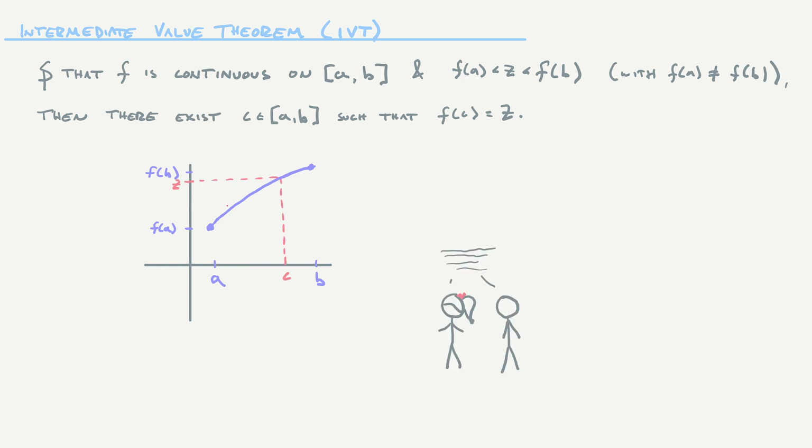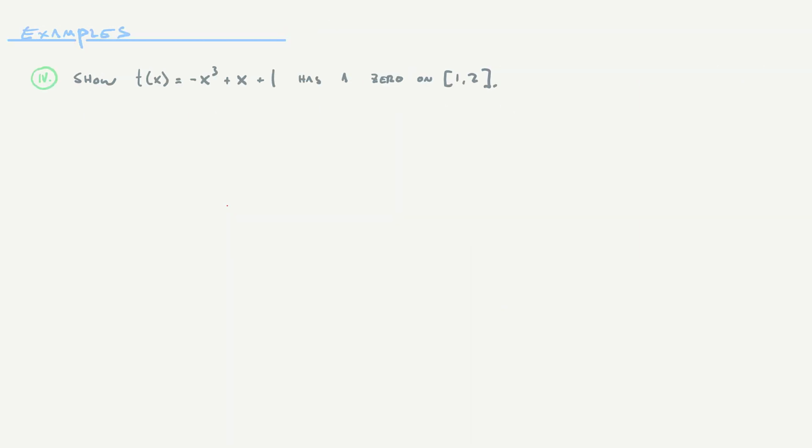Now, you might also be saying, oh, well, this is a graph, right? Of course we're going to be able to find something that gives us any particular z value between these two things. It's a continuous graph. Of course we can do that. Well, let's say we don't have a graph. And this is really why the intermediate value theorem is so important. It can help us find roots